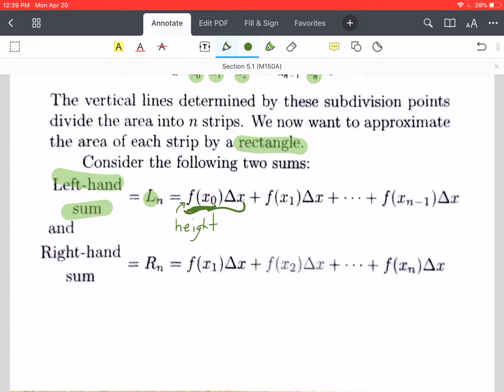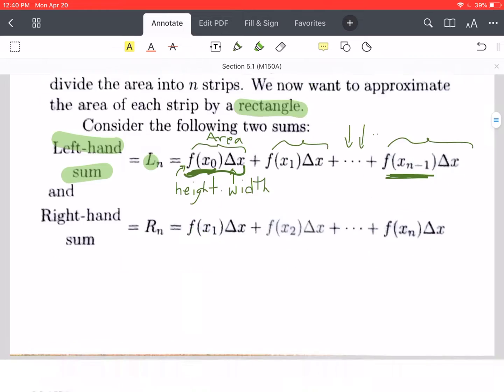Okay. And then the delta x, of course, is the width. So this whole piece is the area of one of the rectangles, of the first rectangle. Okay. And then we go to the next one, we get the area of the second rectangle. You get the area of the third one, the fourth one, etc., until we get the area of the last one. Okay. Now, in this case, we're using f of x sub n minus 1 for our last rectangle, because